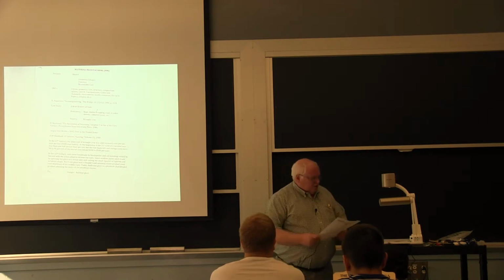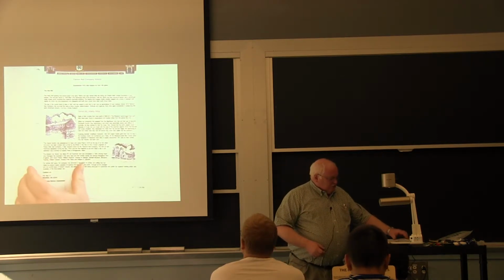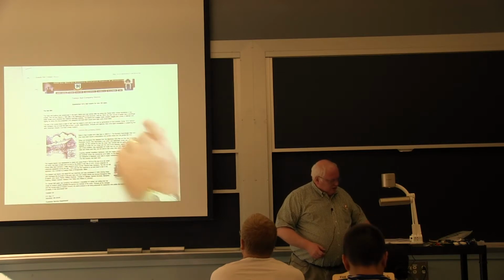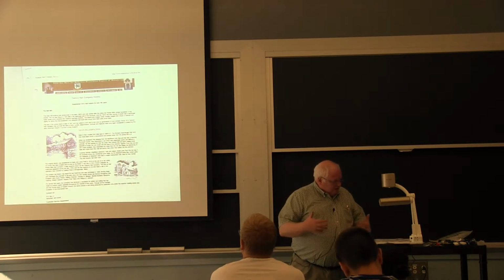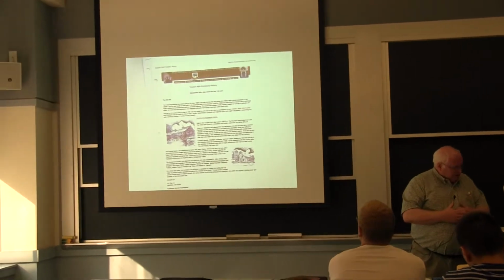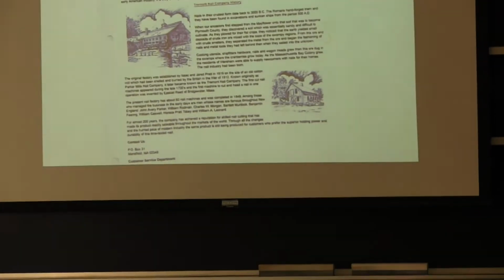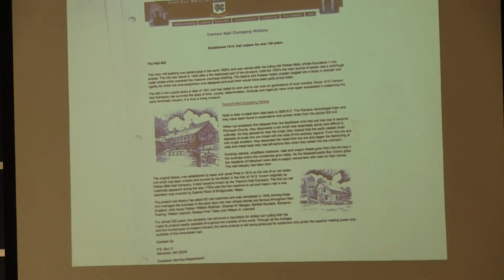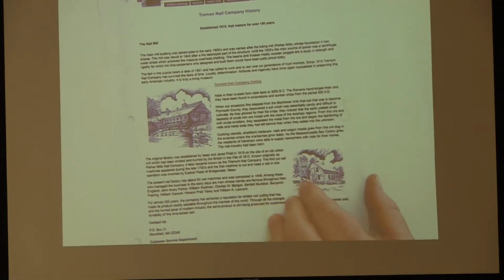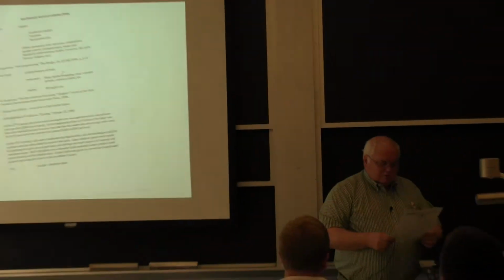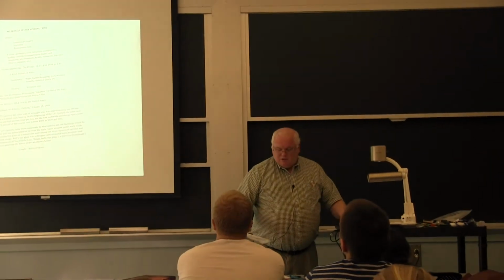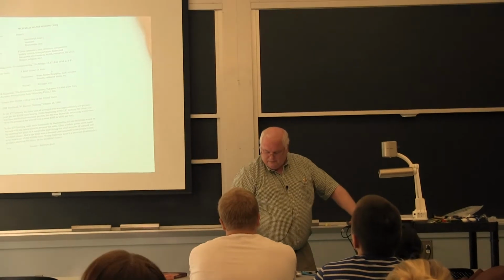And so if you want to learn more about nails, you can go to Tremont Nail Company. It's right down here in Weymouth, Massachusetts or something. But they've been making nails for almost 200 years. They misspelled it on their name on the top of their thing. But anyway, see at the top it says Tremont Nail Company, but the title in blue is misspelled. But, from 1819, who knows how to spell. But anyway, it tells you a little bit if you want to read about nail making.